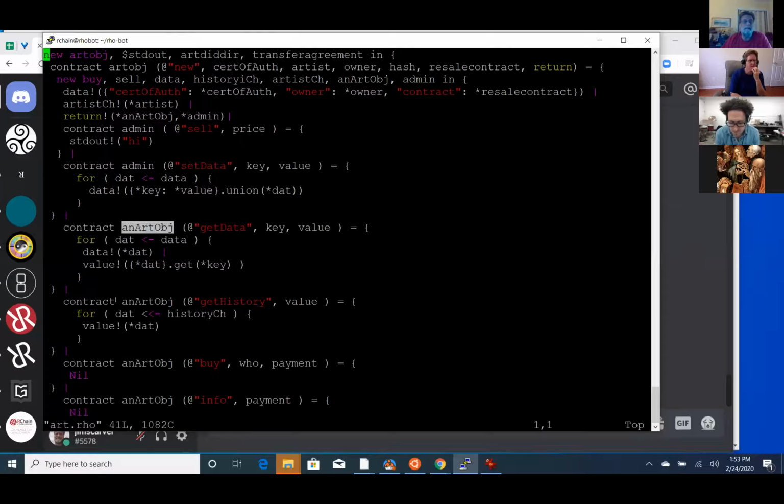We have public capabilities we're creating, and what do we have? That's all we have for now. Yes, we have an owner capability.